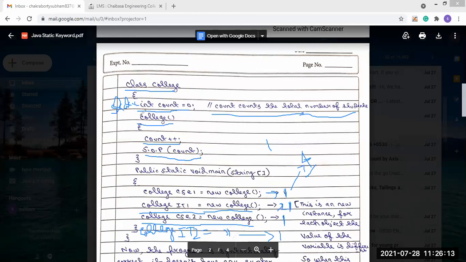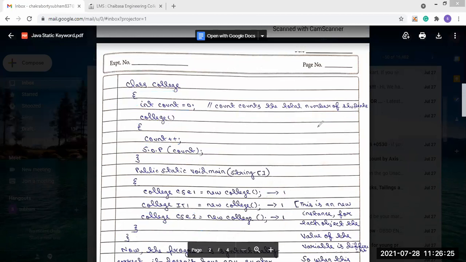So this is what the static keyword is. If we use the static word before the variable, this is what the Java static variable does.